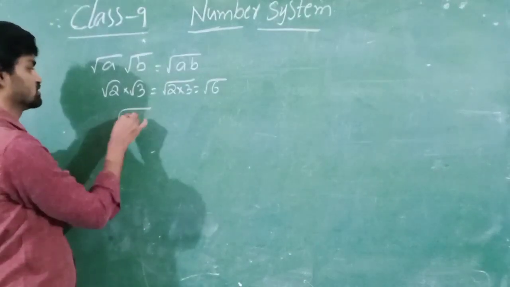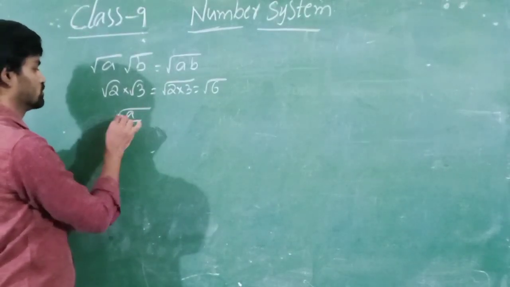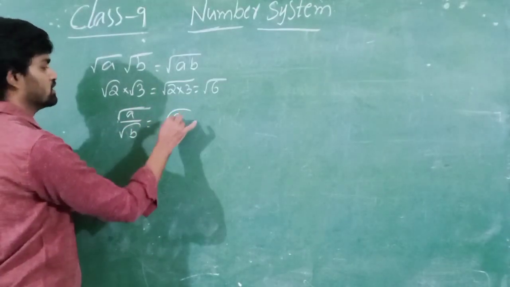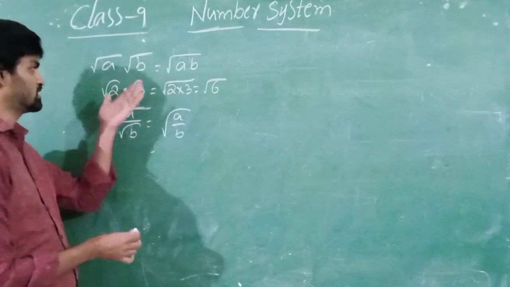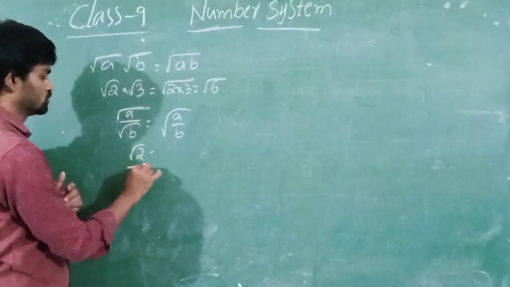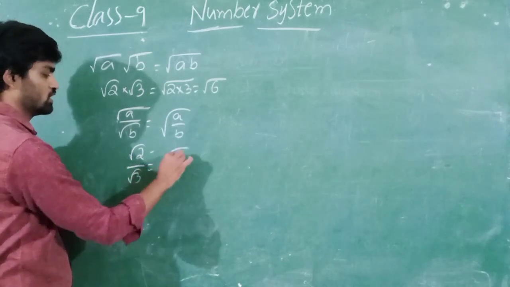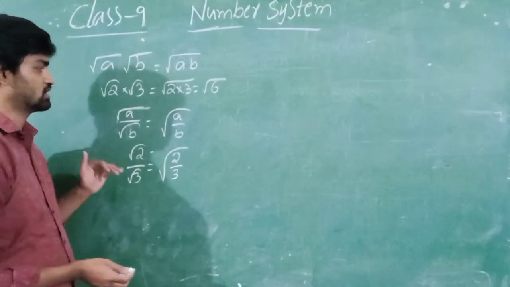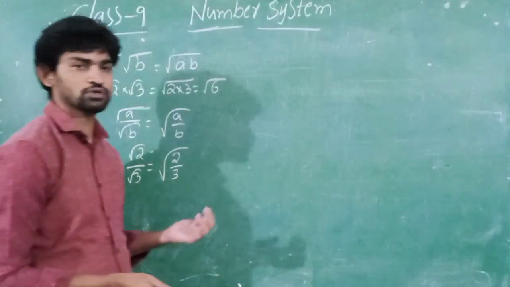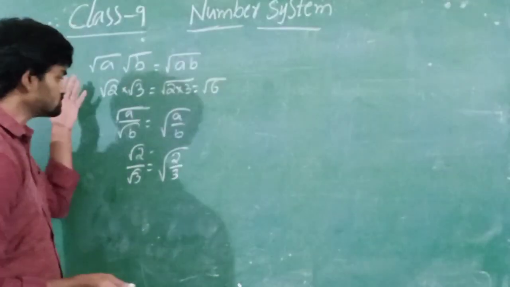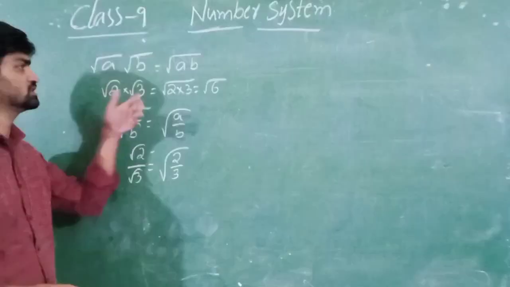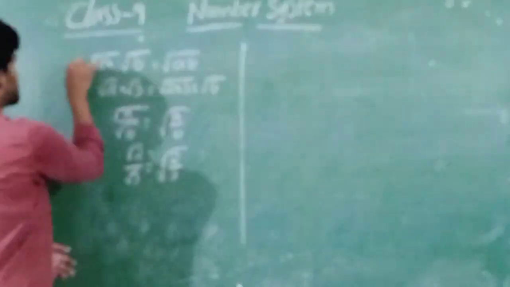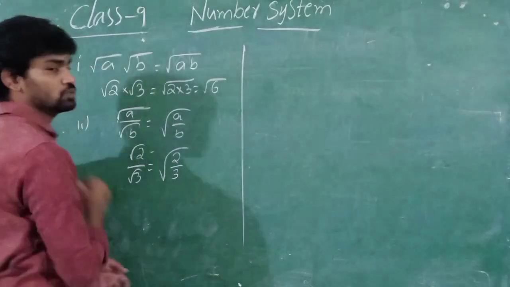Next, same division also we can do like this. Root a by root b can be written as root over a by b. You can take the same numbers, as example root 2 by root 3. You can write overall root of 2 divided by 3. Okay, these are the first two identities. Next we will go into product of these. So these are monomial, one term is there. Next we will see product of two binomials. So this we can mark as 1 and 2.